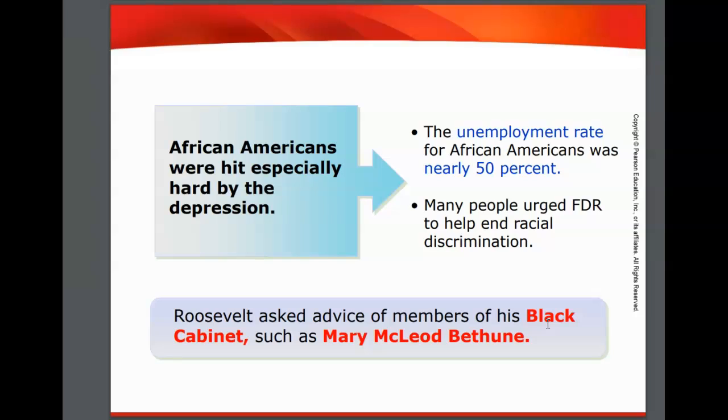So bottom line here, we're still talking about the 1930s and 40s. Racial discrimination and injustice continued to plague African Americans. The NAACP, the large civil rights organization that was created in 1919, would launch many campaigns to try and end racial segregation and racial injustice and inequality.